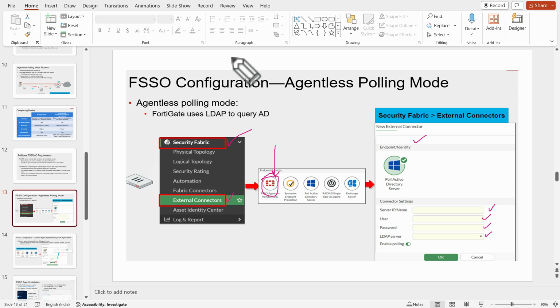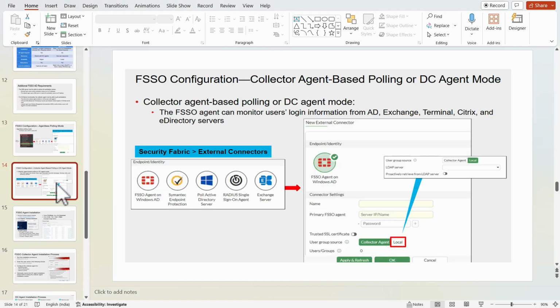And just click OK. This is for the agentless polling mode, where FortiGate uses LDAP to query AD for the user groups and their log events. And the second is the FSSO configuration with collector agent based polling or DC agent